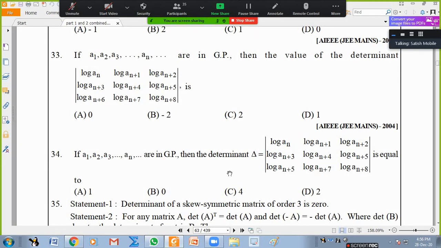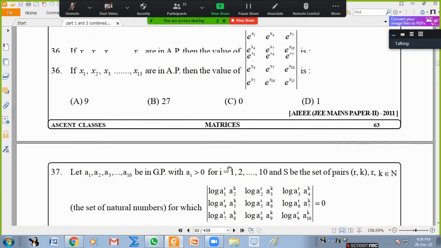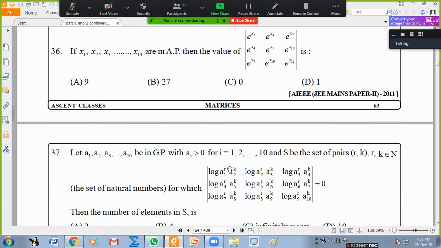Is it okay? 33? Yes, sir. 34 is the same. There is no difference. Exactly the same. Why they gave 33 and 34, both are not required. But I gave it twice because the year in which 34 is mentioned, I did not print it, but it is given one more time. 36, 37. Any doubt about 36 or 37, anybody?